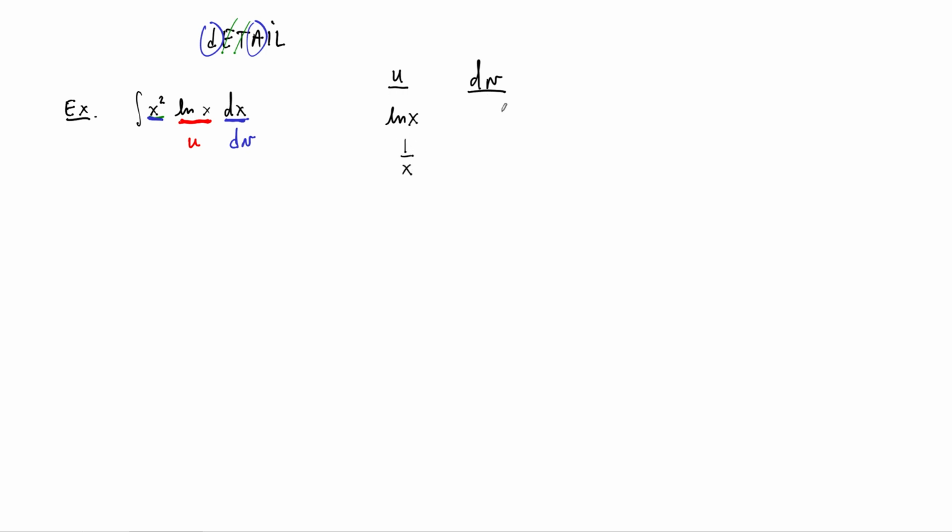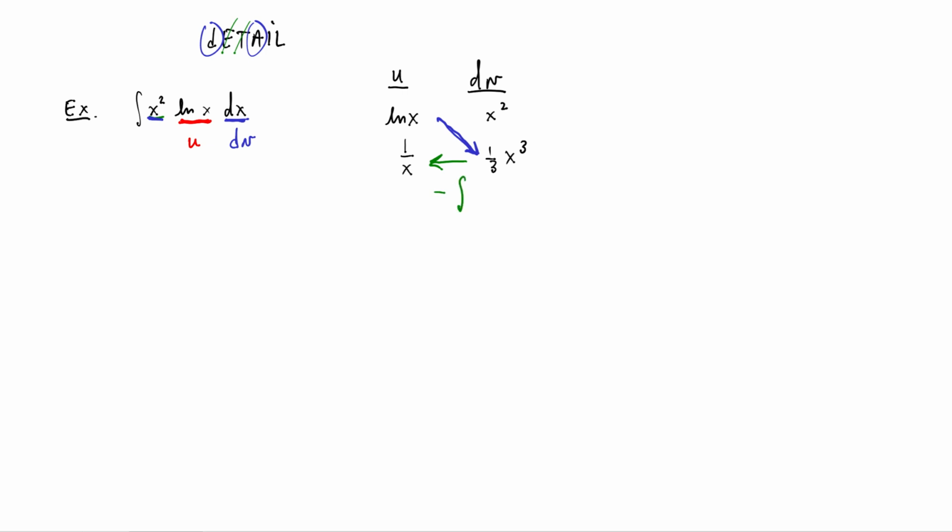With our dv, what do we have? We have x squared. We have to integrate that, right? So x squared integral is 1/3 x cubed. And when this table is only a 2 by 2 like this, actually this is the same as what we did before, but it doesn't matter, right? So let's apply it, right? So what's our antiderivative going to be? Well, it's got to go this way, right? That's going to get added, and then we have to go this way, and we subtract with our integral symbol,